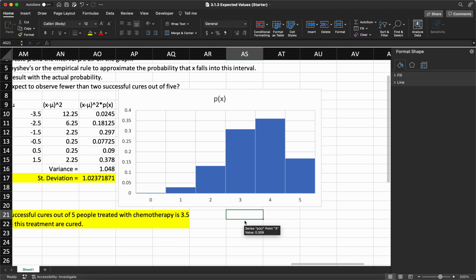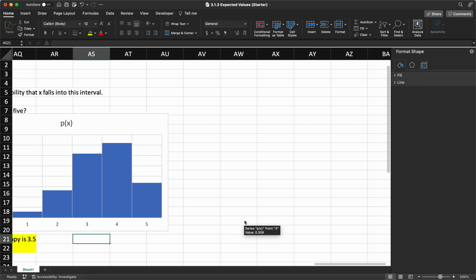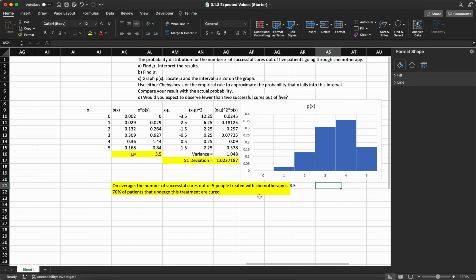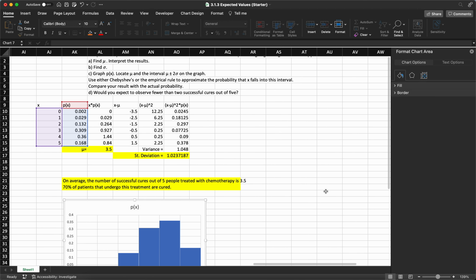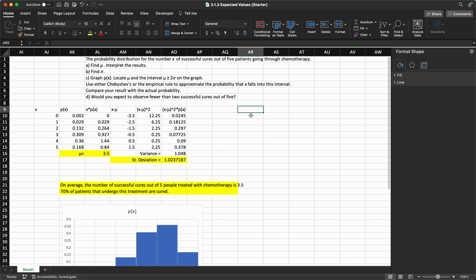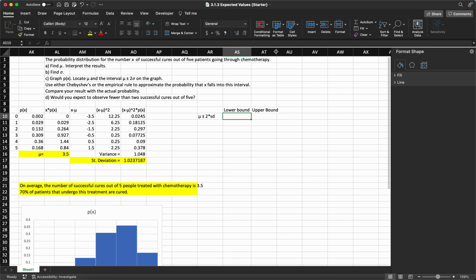Okay. So what we want to figure out is our interval for the 2 standard deviations from the mean. So we need a lower bound and an upper bound. So we're going to do mu minus a standard deviation, plus or minus a standard deviation. And then, actually, we want 2 standard deviations. We're going to find the lower bound for that. We're going to find the upper bound for that. And then we're going to figure out the frequency of the values that are actually inside